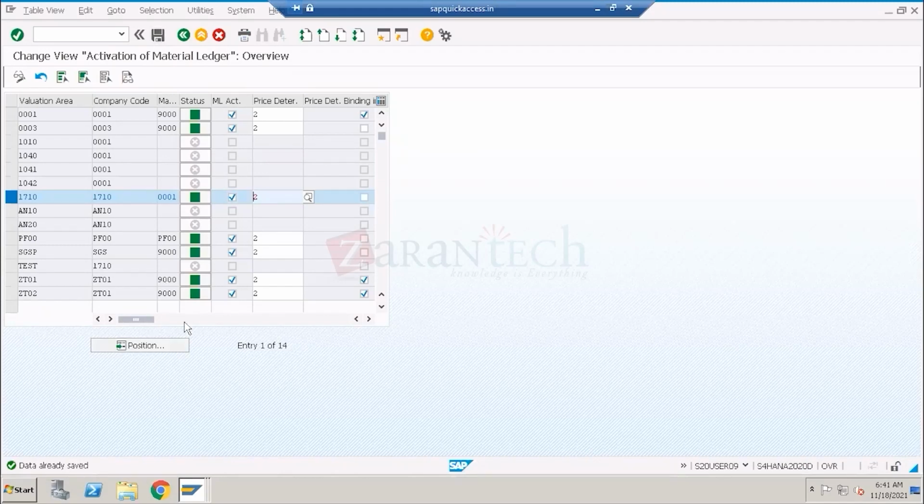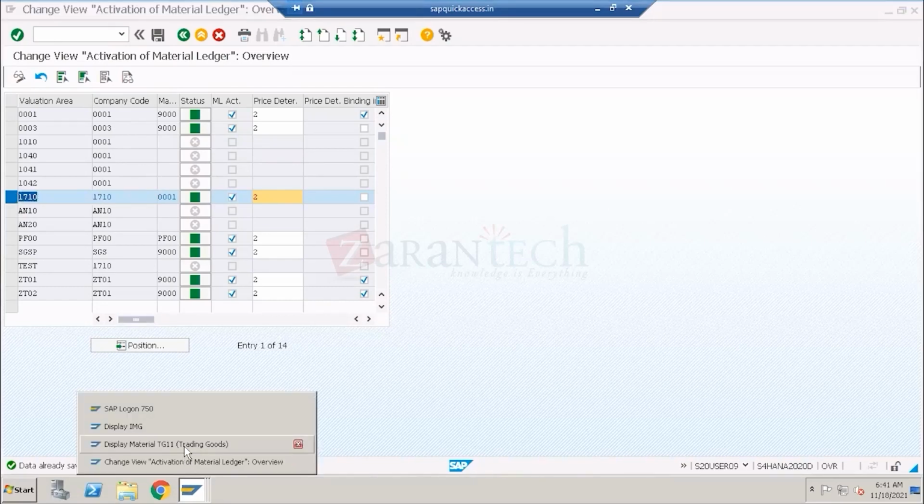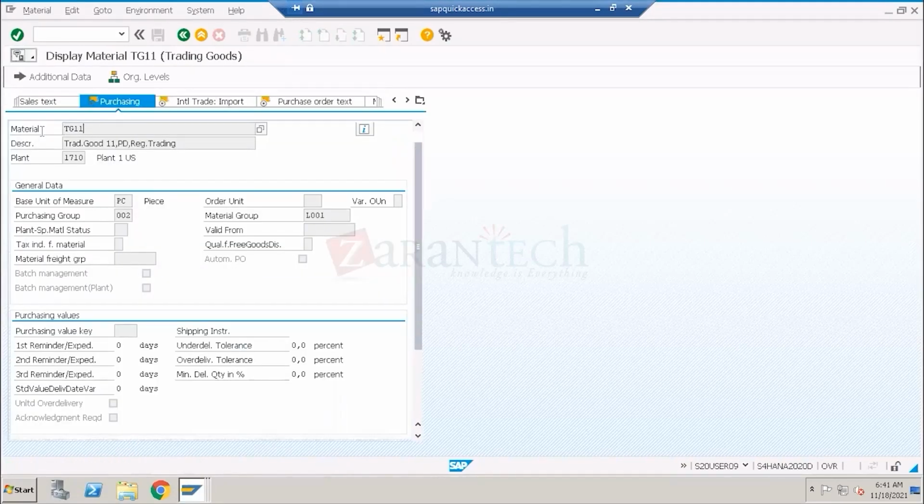Materials are always created at a plant level. Already you have assigned this company code to the plant. Company code is getting defaulted from the plant. So this is the plant. You're creating all the materials. Now, if you see this material, your material is created at a plant level or not? Yes. Now this material you can evaluate now. So if I go to the accounting tab,